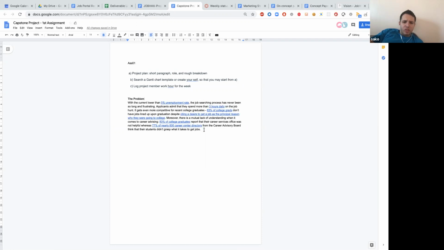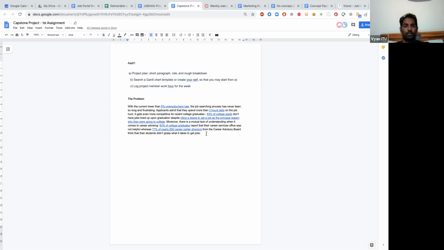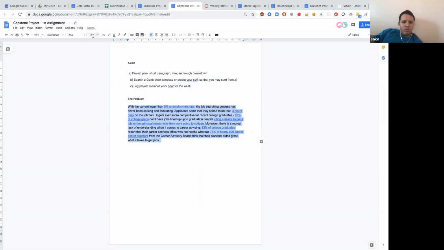Are there any reference links for those highlighted parts, like the 5% unemployment rate? I'm thinking if we should change it a bit. What do you guys think?